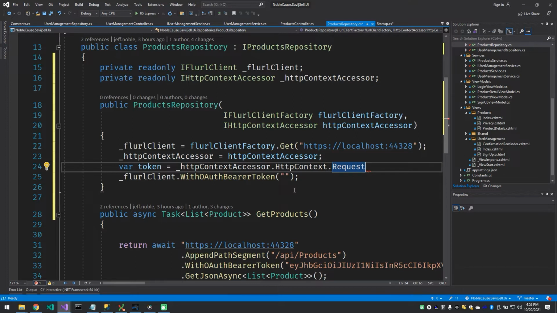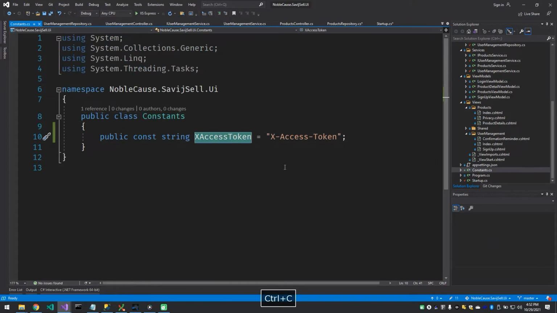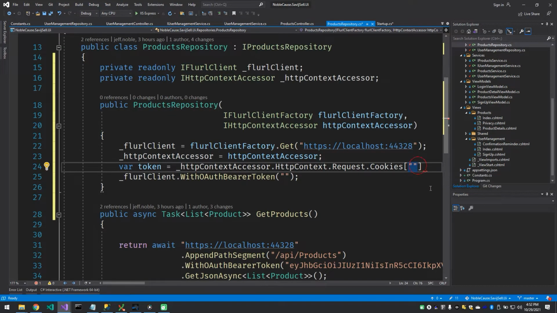So they're requesting products from us. So it's in the request where the cookies will live. So if I do request.cookies, there they are. And now I just need to give it the name of that key. Well, the name of the key we put in our constants. So again, I can just use, instead of the quotes,